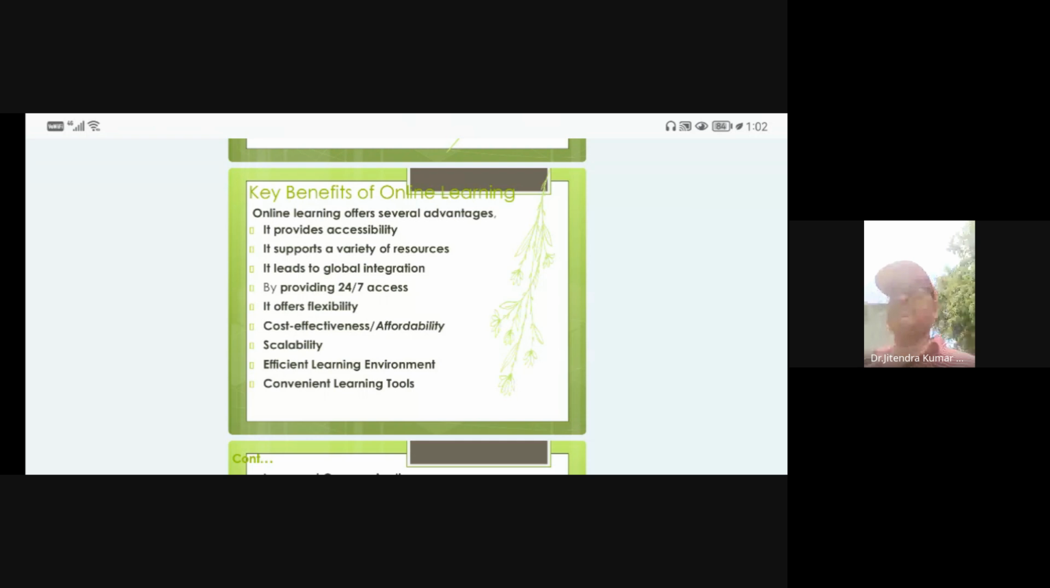Scalability. Moreover, online learning platforms have the potential for rapid scalability. That means allowing institutions to accommodate a larger number of students without the constraints of physical space and instruction. In a traditional classroom, we have to manage only 30 or 35 or 40, almost 50. But in distance learning, you can have 100 students, even more than 100 students. This scalability is particularly advantageous for organizations looking to expand their educational offerings to reach new markets without significant investment